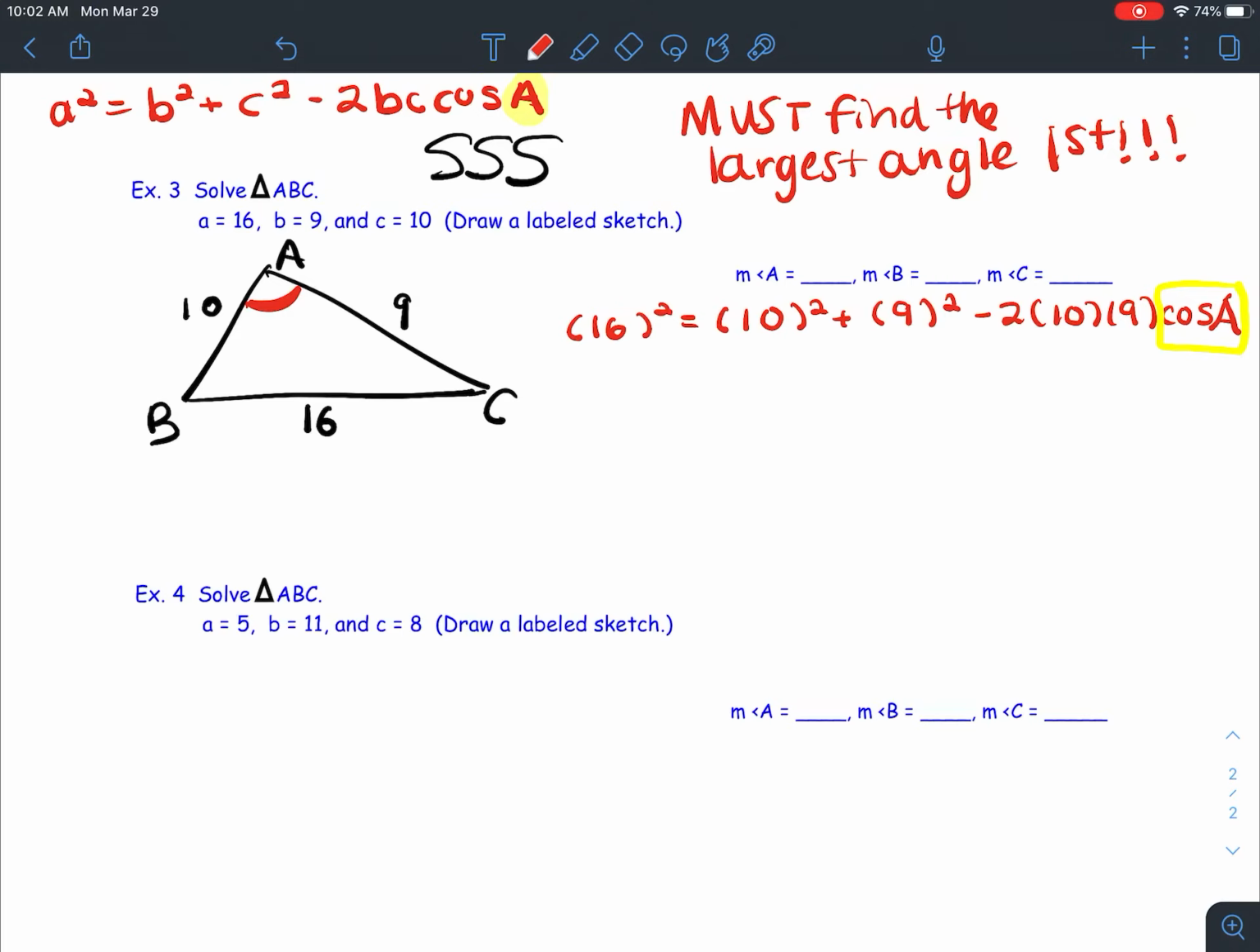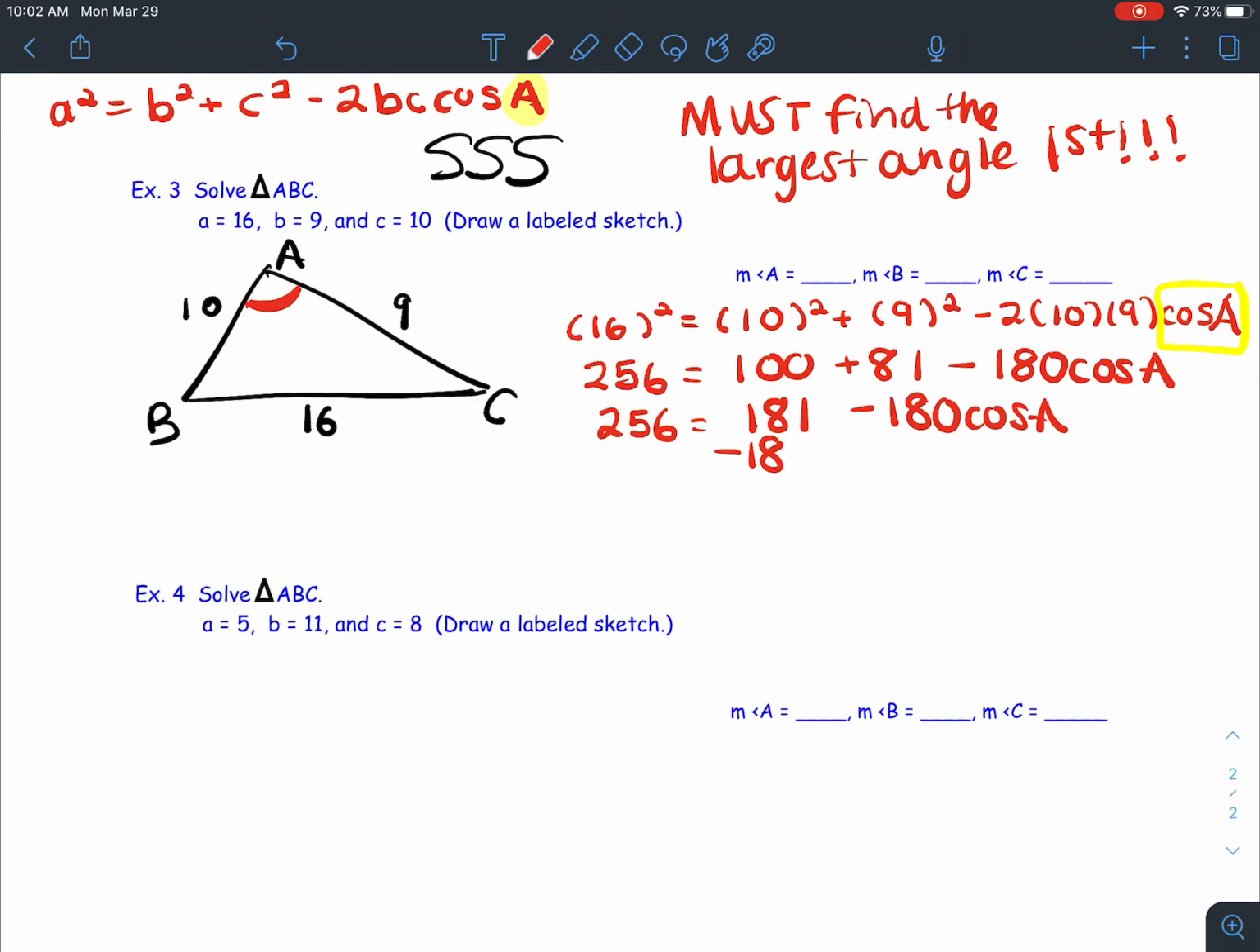Okay, so we're going to have to square the 16, make that a 256. Okay, we're going to square the 10 and square the 9 and multiply 2 times 10 times 9 together. That's going to make this a minus 180. Now you're going to have to be careful here. You can combine the 100 and the 81, but you can't combine this minus 180 with that because it has a cosine of A connected to it. Okay, so we can make that 181,